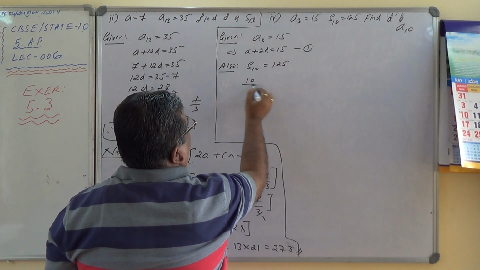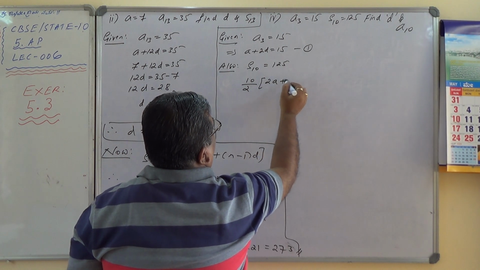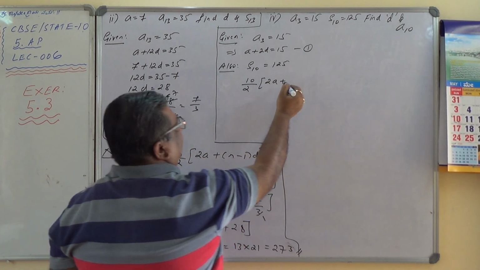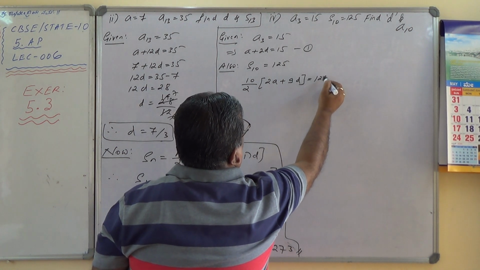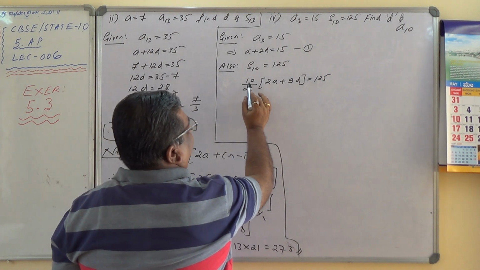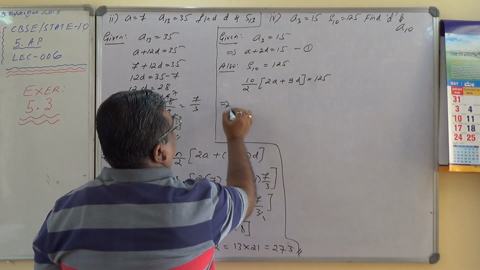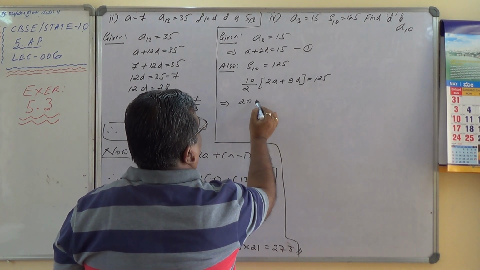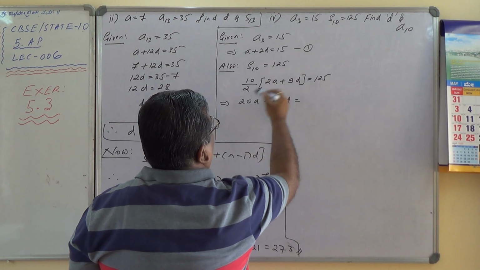S10 is 10 by 2 into bracket 2A plus 10 minus 1 times D equals 125. So multiply by 2 and take this to that side. Implies 10 into 2, 20A, plus 10 into 9, 90D, equals 125 into 2,